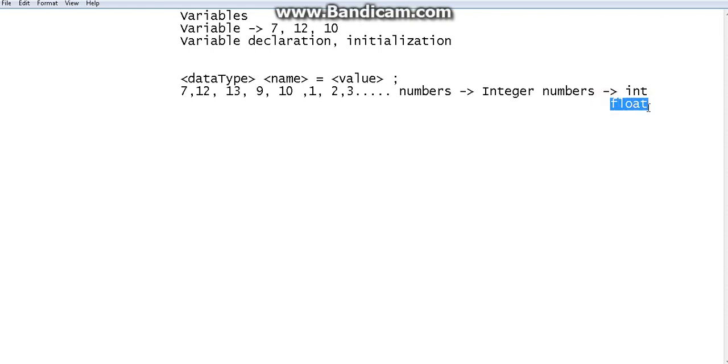So now let's write the scenario here. Let's try to write the name x. First write the data type. I'm going to use an integer, so int is there. The name is x, and then I will put an equal sign, and what is the value? 7, and a semicolon. So remember, this is the way you are going to declare a variable. Data type, variable name, and value. So I will type it here.